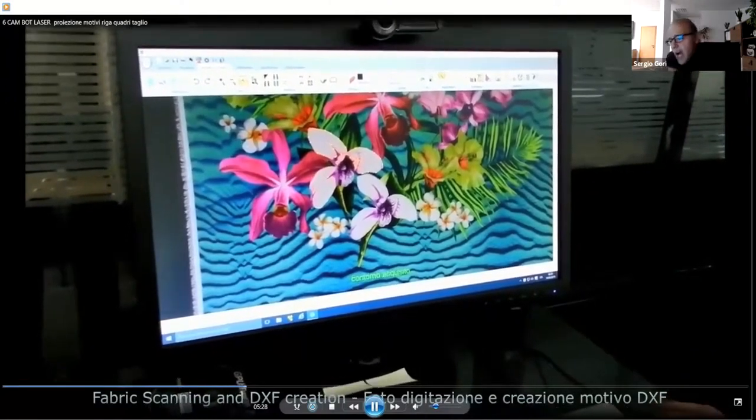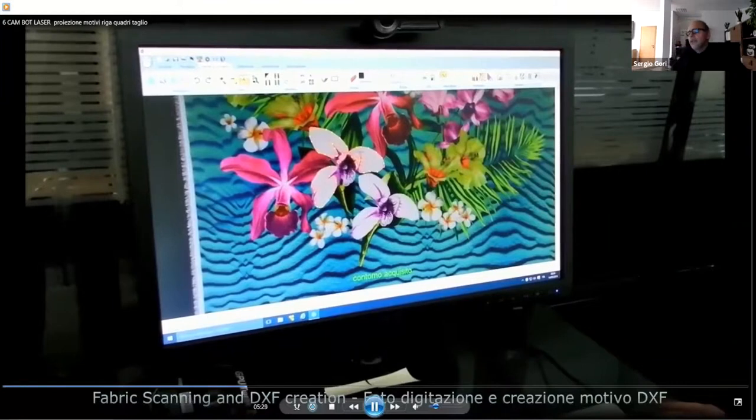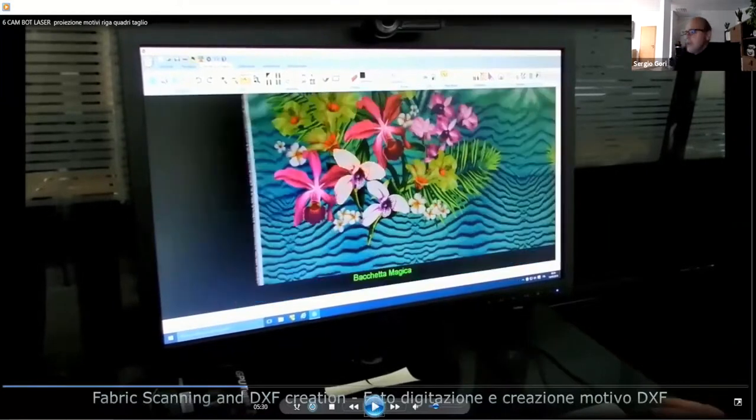What is it doing now? Now the operator is explaining to the system how we want the assembling, exactly where the position of the flower in the shirt should be, as per the designer's instruction.